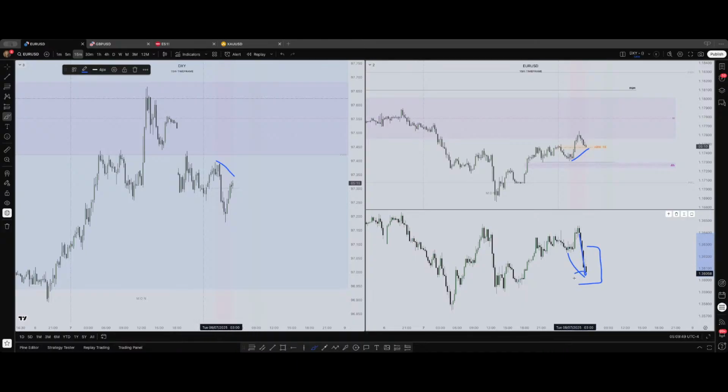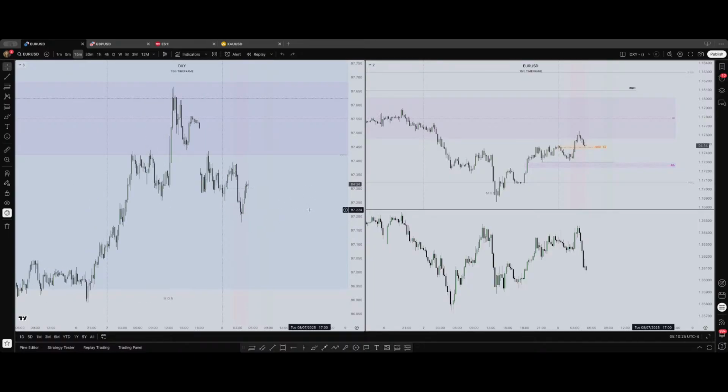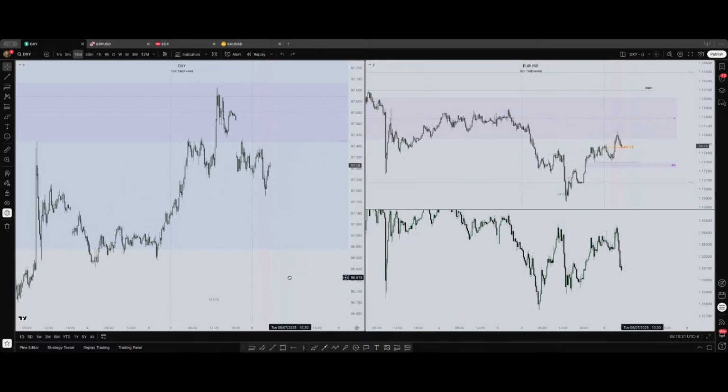Just price going down to take liquidity, because the dollar is not showing strength to the upside. This is just a movement to grab liquidity and then continue. But this is of course just my humble opinion, right? You also have an opinion, I respect it, and it's also right. So it's just how I see it. Maybe if you share your opinions, we can have another point of view, like Amir, no?